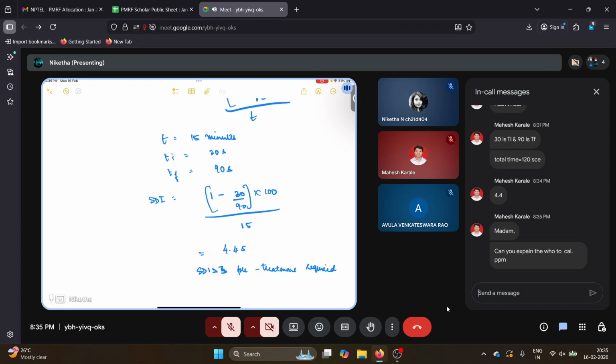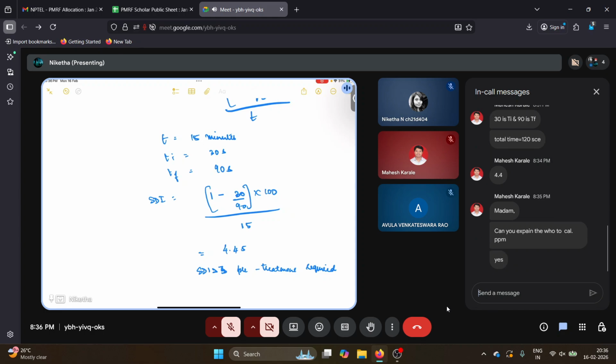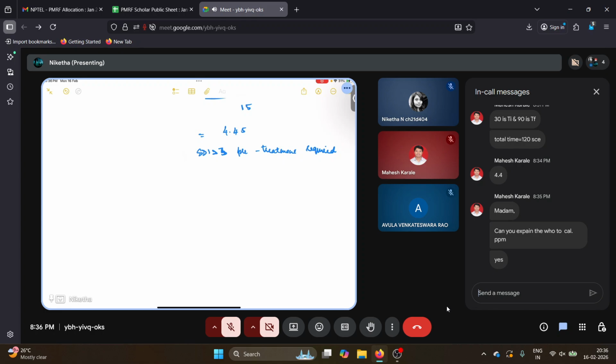You want me to explain how to calculate ppm? Okay, that's very simple. So for water, the specific gravity of water is 1. So this is true only for water, not for other solvents or for air or for any other medium. So only for water,